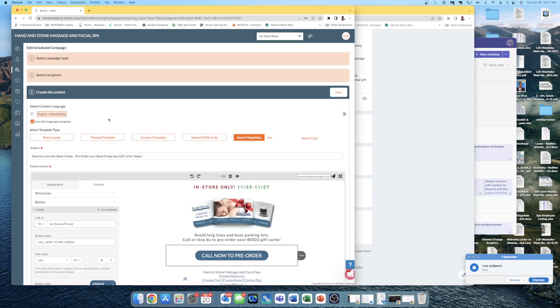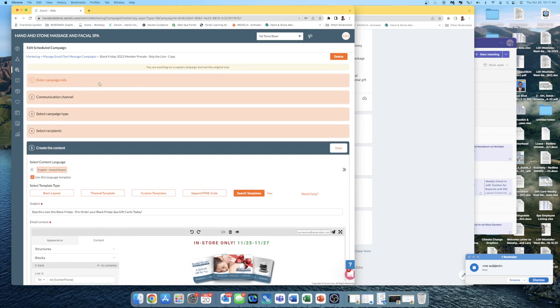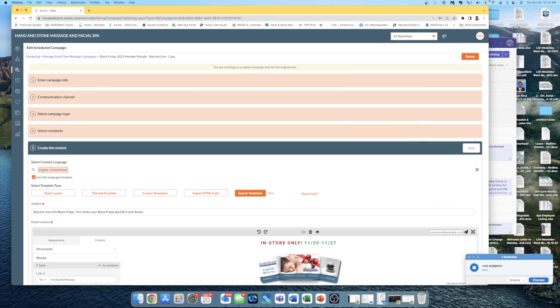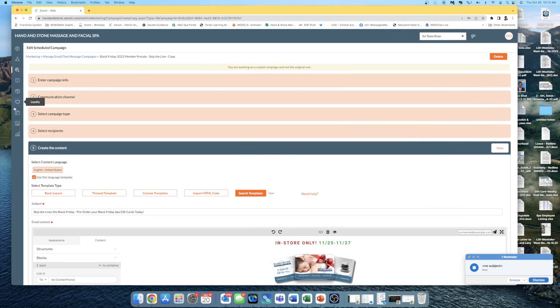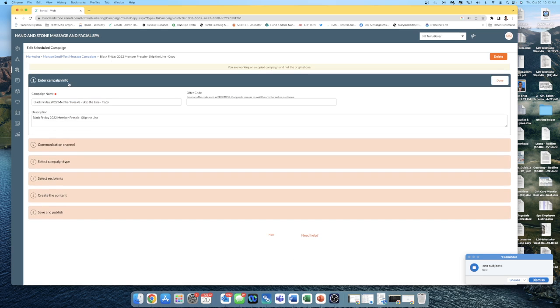Now, to embed this into the email marketing, you're going to want to go into your Zenoti marketing dashboard. Once you go into Zenoti, you would click your marketing tab, and then you will search the Black Friday 2022, whether it be a member or a non-member pre-sale sheet. Once you're in there, you'll go through the steps to name your campaigns. What I typically like to do is type one, and then the date that I'm actually sending this out,